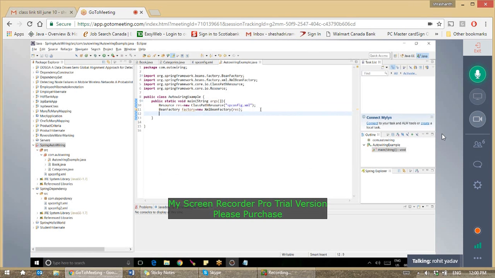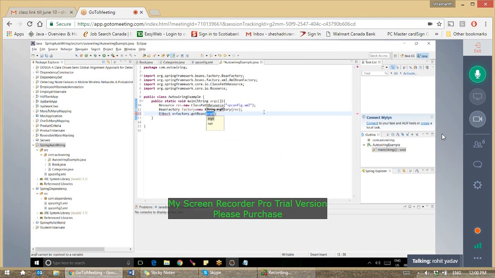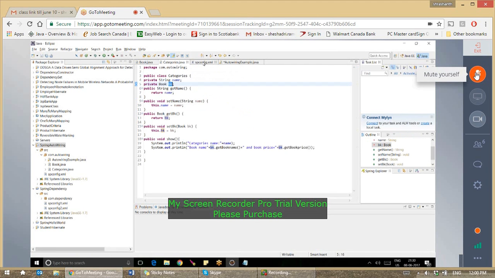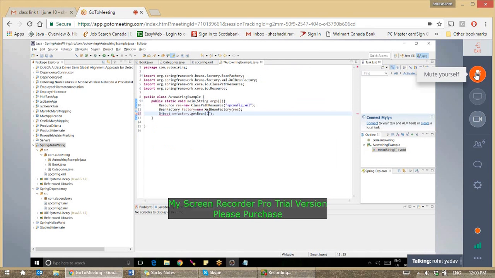So everything is similar to the previous ones, right? Now Object o equals factory.getBean. So what is the bean object we have to get here? That is nothing but categories. What's the object of categories? You can say it's ID1. And this ID1 will be having here, like here we just give it as